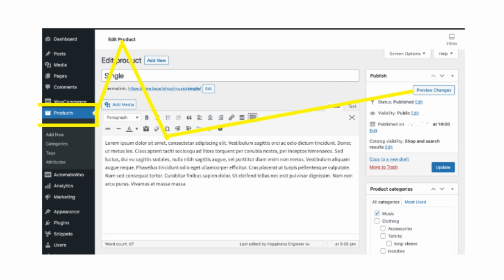So select a product to edit by clicking the edit button that appears beneath the product's name. So after hovering over the product and clicking the edit button, now here you can edit the product details like